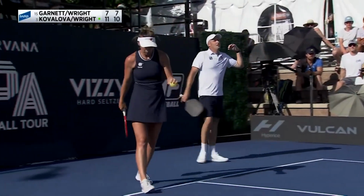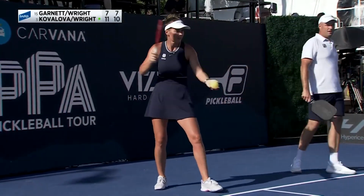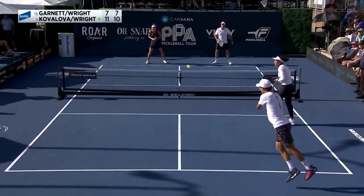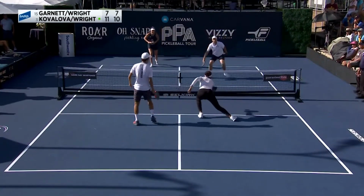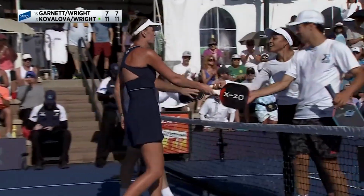They find the right hip of Connor Garnett. 10-7, Kovalova and Wright have found a match point. 10-7-2. Point. And they win it in just 2 games played. 11-7. Kovalova